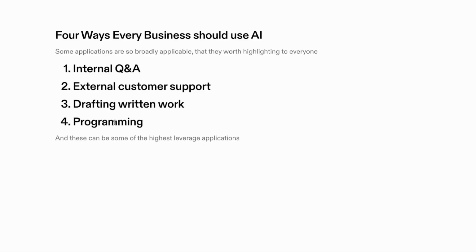So in the fourth example here, I've already talked about, but programming. If you're a developer, you are crazy if you're not using an AI coding assistant. It's made me, I think, at least 50% more productive. Like I said before, what it does is it shifts your priorities as a software developer from having to think about the step-by-step algorithm. You don't have to do that anymore because the AI system can come up with that almost instantly. It can write the code. Your job then becomes being the manager, basically, reviewing the code, making sure that it captures all the business logic which you need it to. So the nature of the job shifts, and you can delegate a lot of what took time previously to these AI systems. And some of those can be some of the highest leverage applications in companies.